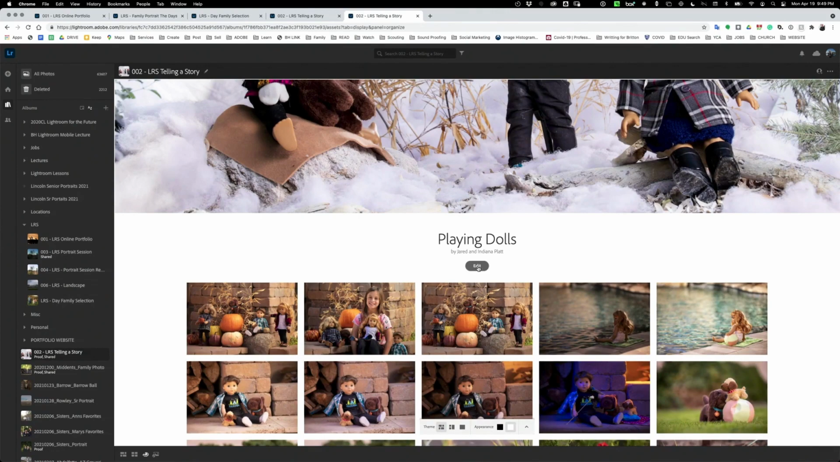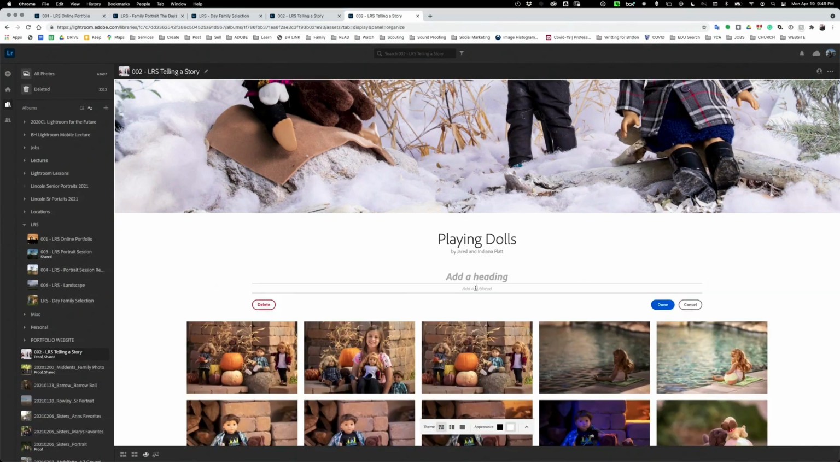Now I can click on the edit button and I can write a story. I'm not going to spend too much time writing the story out. I would normally just write a story in, say, Word and copy it and paste it here. But I'm just going to write a little sentence that says, I love to play dolls,